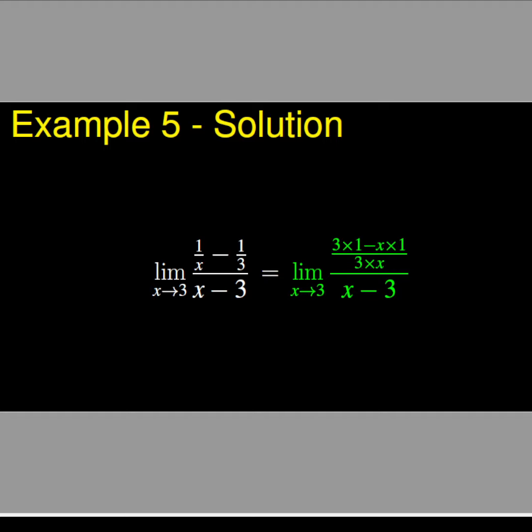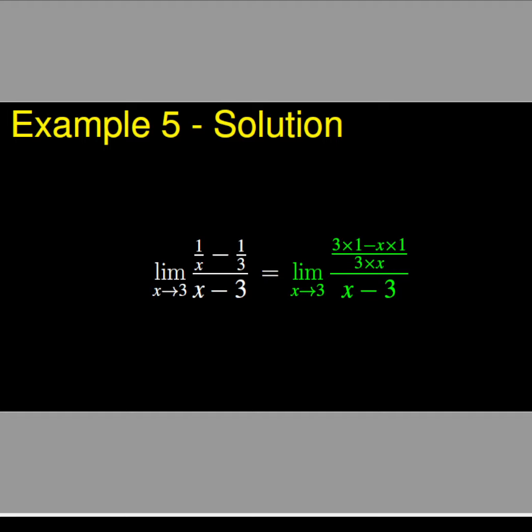Given that on the numerator, we have the difference of two fractions, we have to reduce them to the same denominator. So the numerator of the main fraction will be 3 times 1 minus x times 1 and its denominator is 3 times x. In fact, we are applying the basic principle for adding and subtracting fractions which consist in